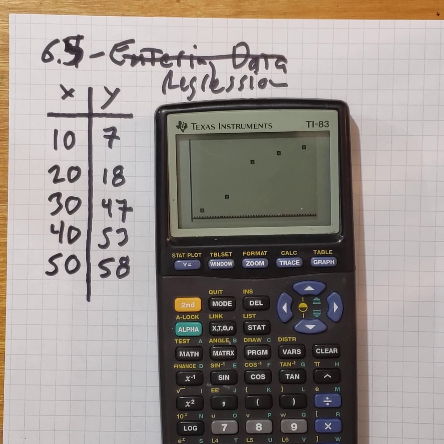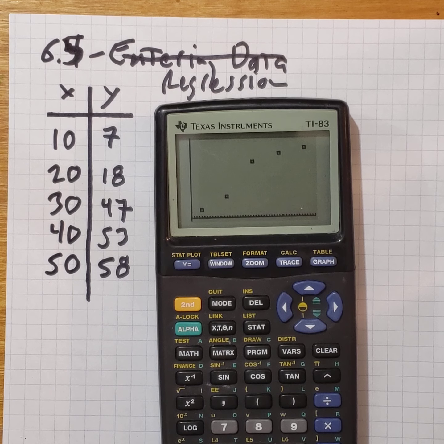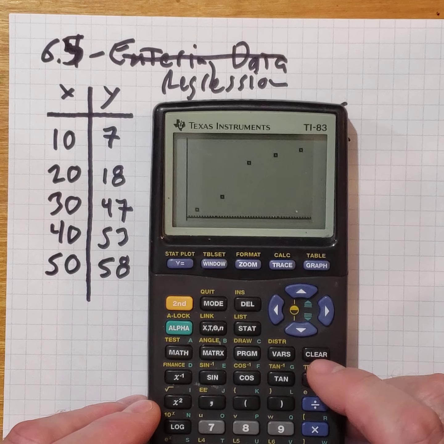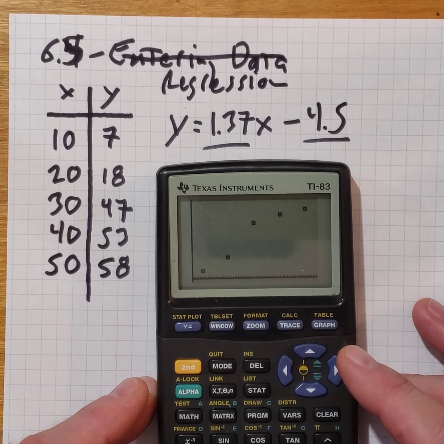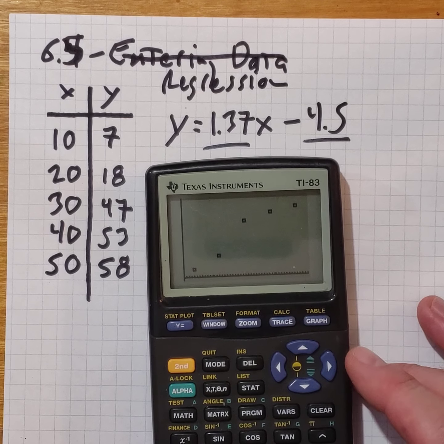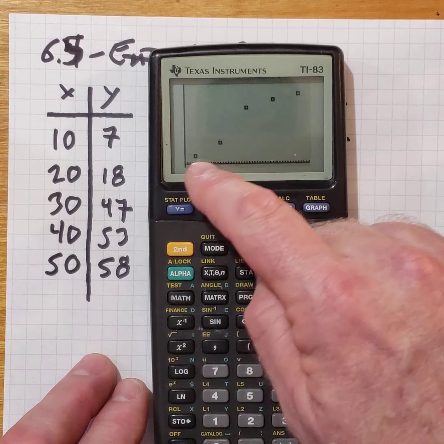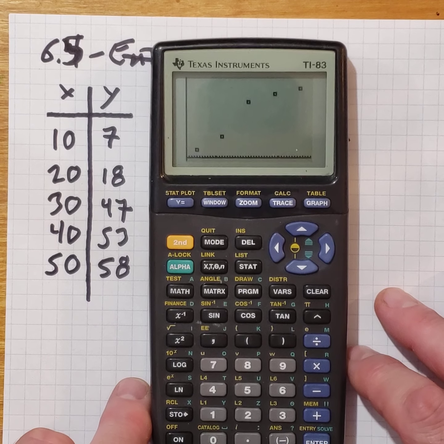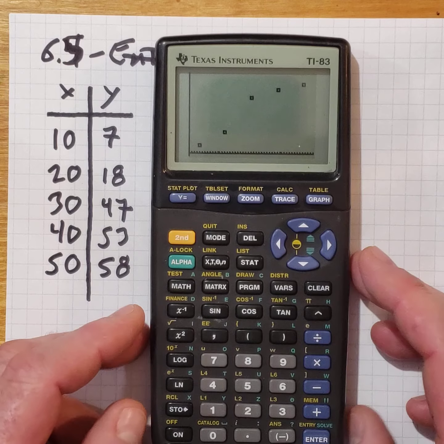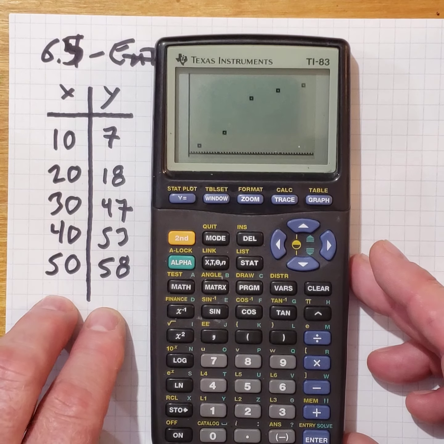All right, picking up where we left off. Last time we looked at entering the data and how to get a scatter plot of the data, and also how to find our correlation coefficient and the equation of our line of best fit here. What I want to look at this time is how to graph the line of best fit so we can see that it goes fairly close to hitting all of those points. And I also want to look at how to use that to maybe understand the situation and maybe make some predictions. So sticking with the same data,